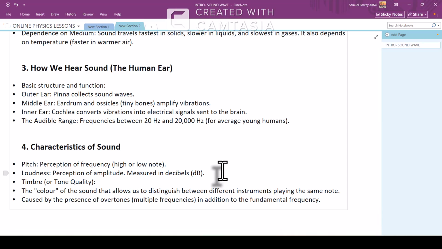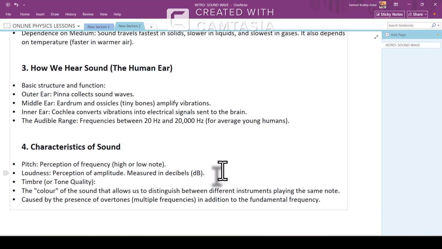Then the eardrum and ossicles. These are the tiniest bones in the body. They are found in the ear. There are three, known as the incus, the malleus, and the stapes. They take the sound wave coming in from the outer ear and amplify it. It gets to the inner ear, which has the cochlea, which converts the vibration into signals for the brain